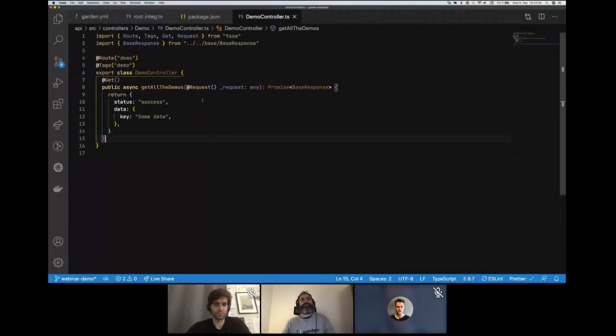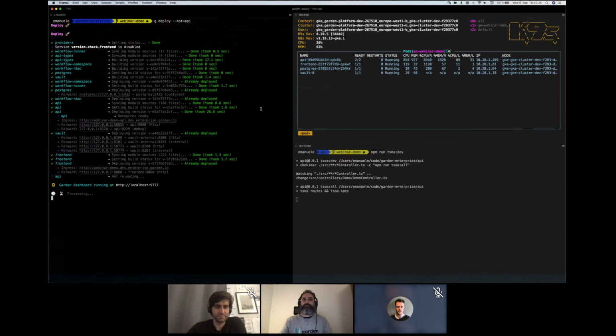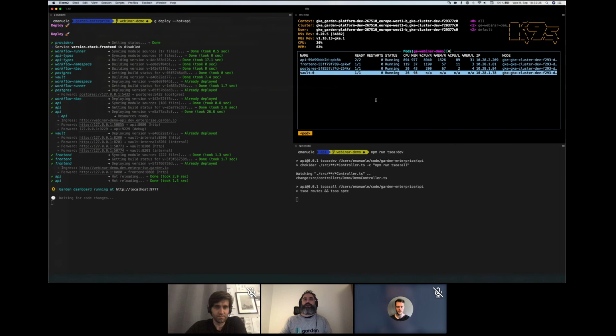I'm doing some refactoring, and I realize that this endpoint should return an error and should return some wrong data. So as soon as I press save, the SOA dev command will pick up the changes, will regenerate the routes, which Garden will pick up, will resync,